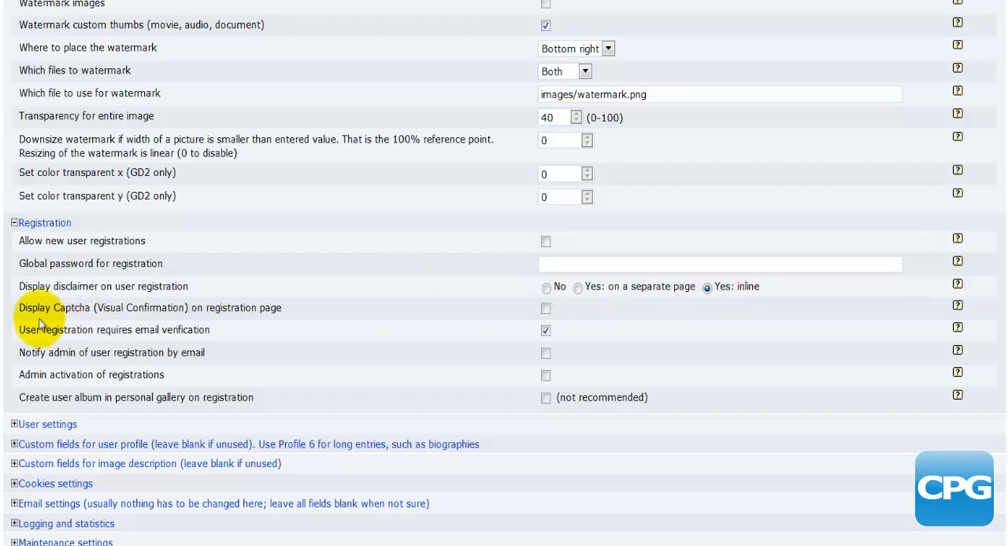Display captcha or the visual confirmation there on the registration page, definitely yes. User registration requires email verification, so this has become very common now that once you have registered with a particular website, that website will send you an automatic email. You have to go back to your email, check that email from that site and just confirm that your email is correct. So I will leave that as yes,